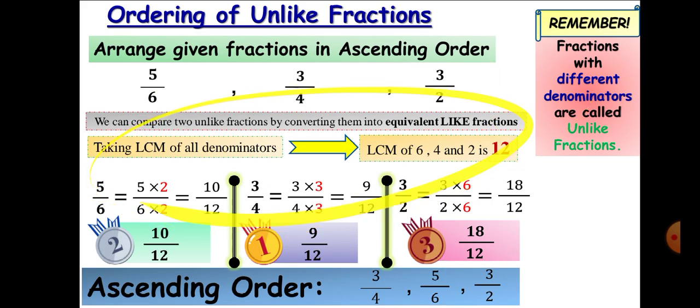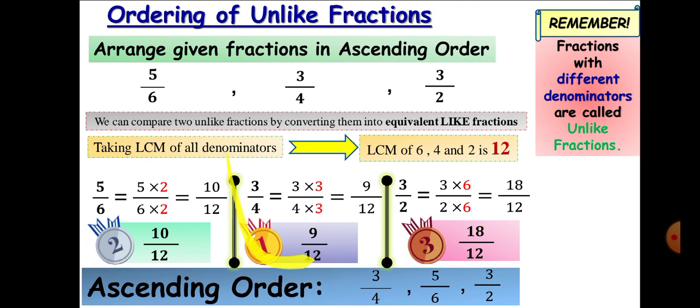Okay, now if you have to order unlike fractions again, first of all you should remember how to order unlike fractions. So 5 over 6, 3 over 4, and 3 over 2. First of all, we have to take the LCM of all the denominators, like 6, 4 and 2. Their LCM is 12. 5 over 6, this fraction is going to be multiplied by 2,